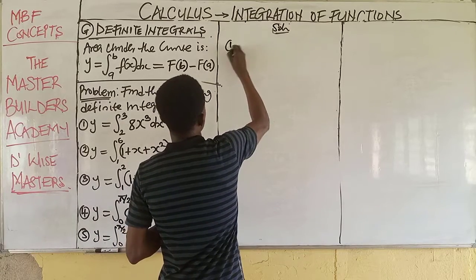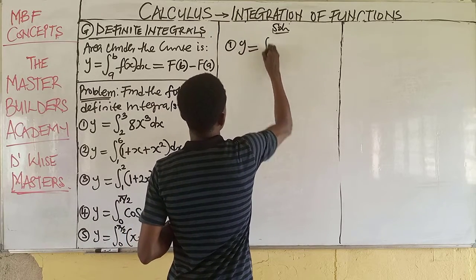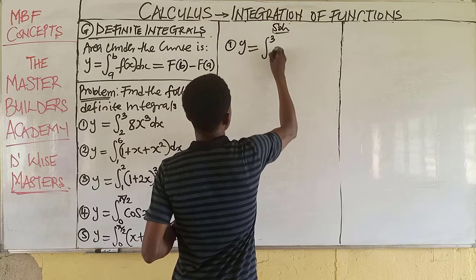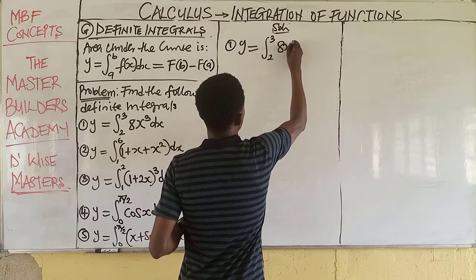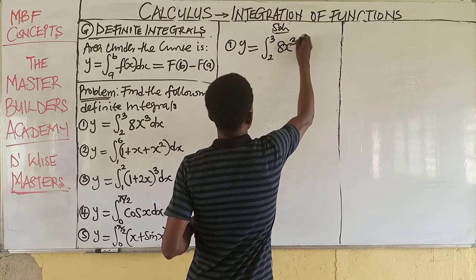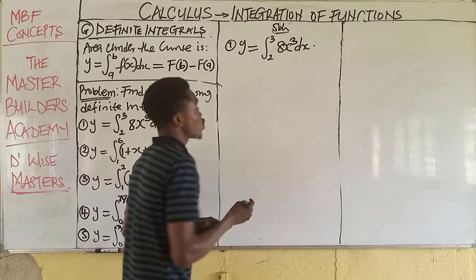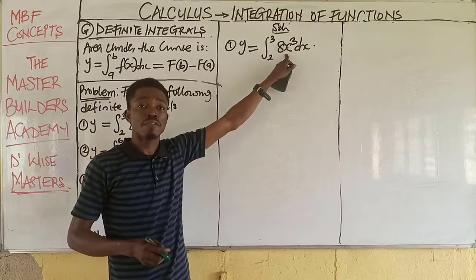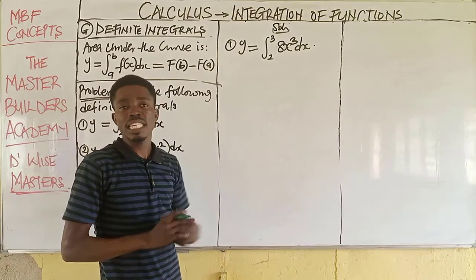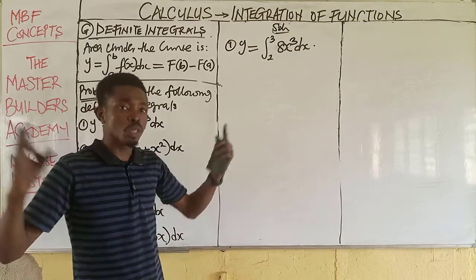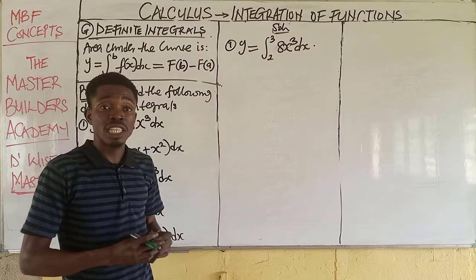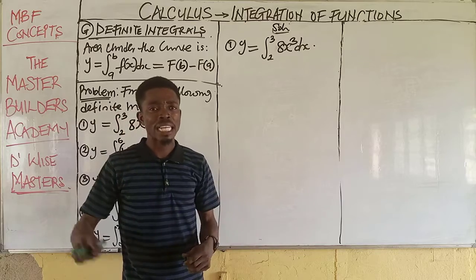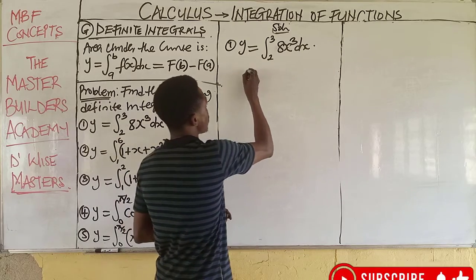Question number one. Y is equal to the integral from 3 to 8 of x cubed dx. So the first thing you do now is to identify the function here. The function here is a polynomial function, and you know how to integrate polynomial functions by increasing the power and then dividing the whole function by the new power. Then this would have given us